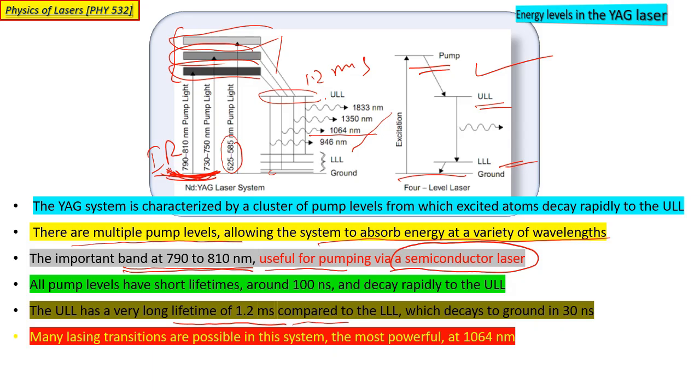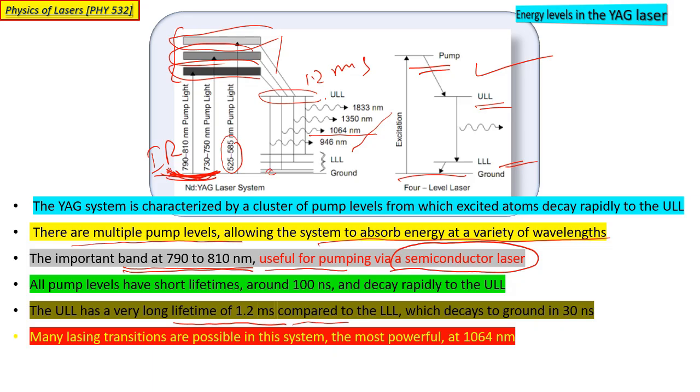So हमने यहाँ पे ये देखा कि YAG laser जो है वो 4-level laser है, और इसके जो pump levels हैं, it has a cluster of pump levels, और ये pump की जा सकती है IR region में mostly, like as I mentioned, the krypton lamp जो है वो use की जाती है। और इसके अलावा इसकी lasing transition जो है वो मुख्तलिफ wavelength भी है, but जो ज़्यादा suitable है वो 1064 nanometer है। अगर हम 946 nanometer लेना चाहते हैं तो YAG को हम 3-level laser consider करेंगे।